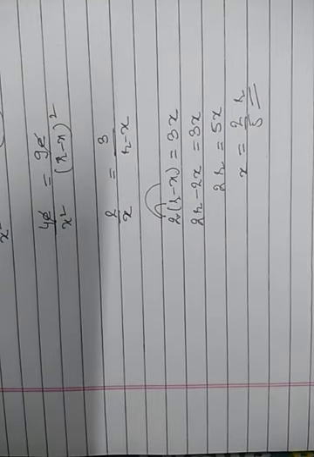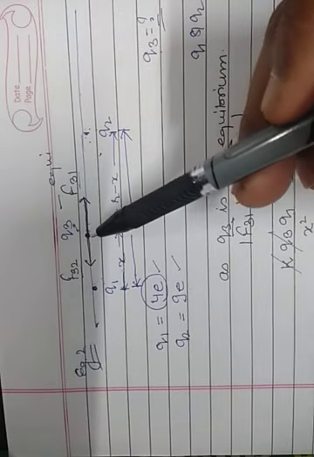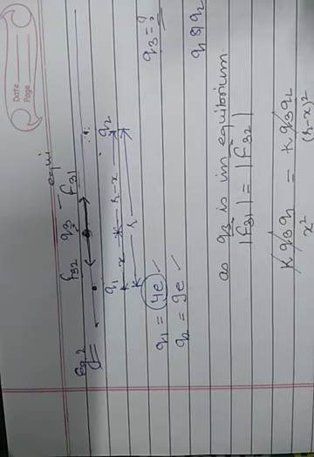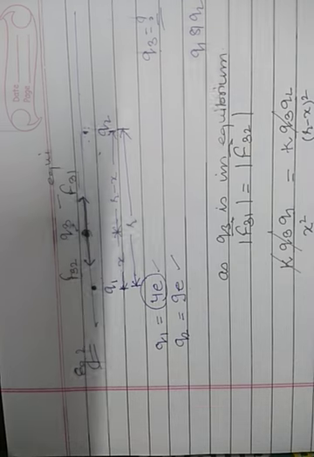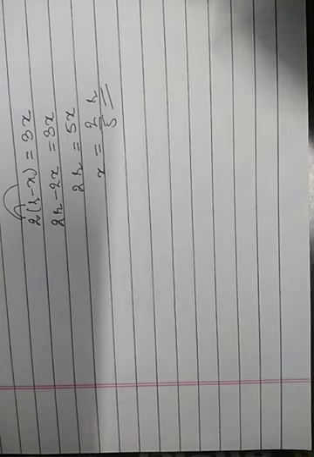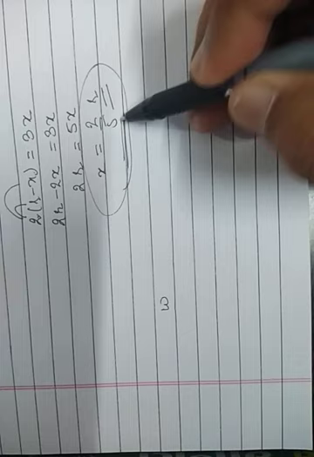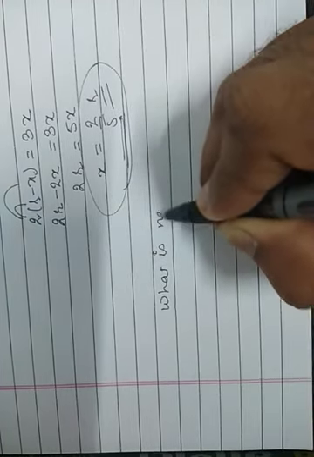For this question, I had just assumed that q3 is positive. It may be negative. I don't know what the charge on it is, but here the assumption is positive, similar to q1 and q2. Now the question says, what is the nature of q3? This is the position of the charge q3. Now what is the nature?